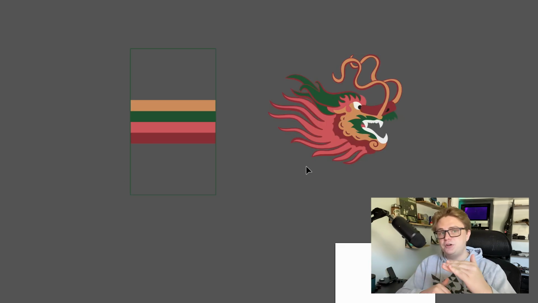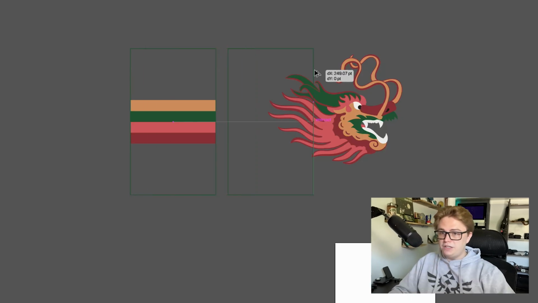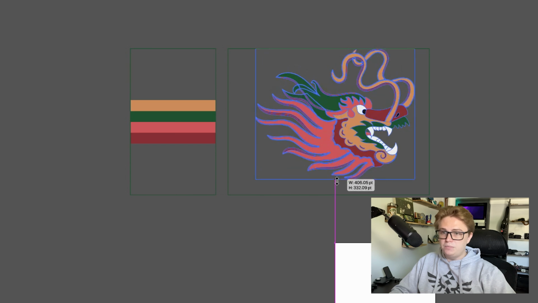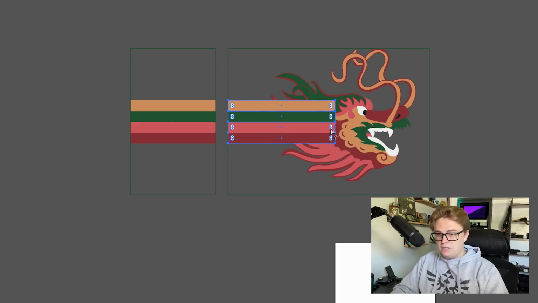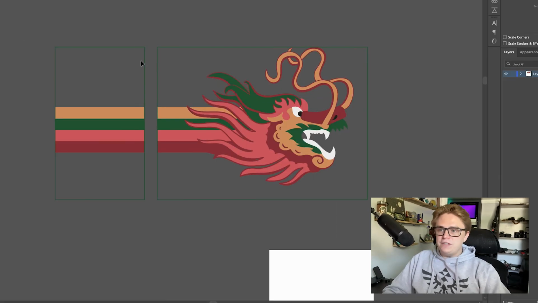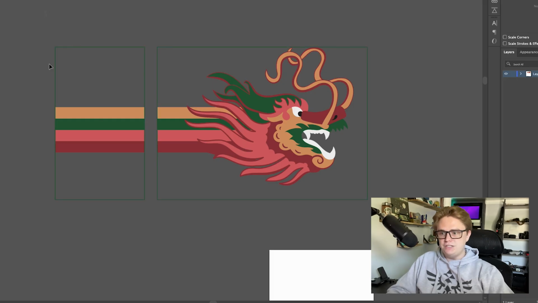Otherwise Illustrator is going to stretch one of them, whichever one's smaller, to be the same height. So I'm going to use this height right here to make the dragon head, put it about where I want it to be, and then I'm going to move this body straight over and send it all the way to the back. Now we've got these two, and obviously we don't want green outlines on our brush itself,